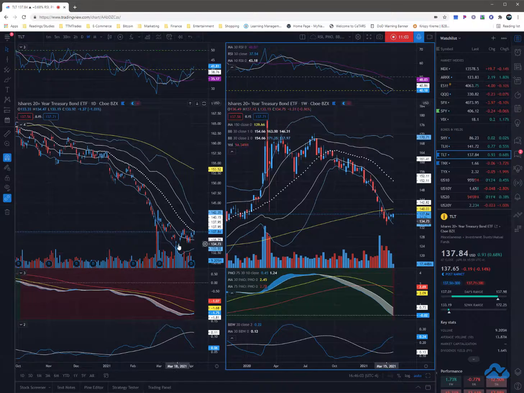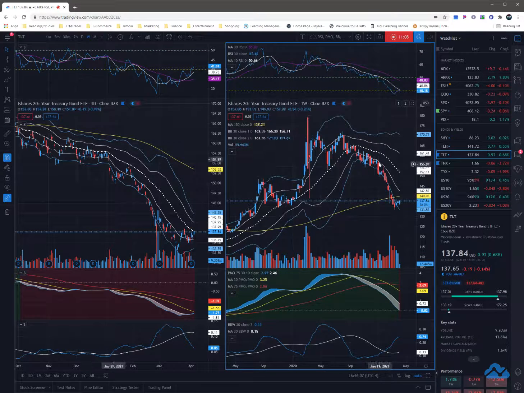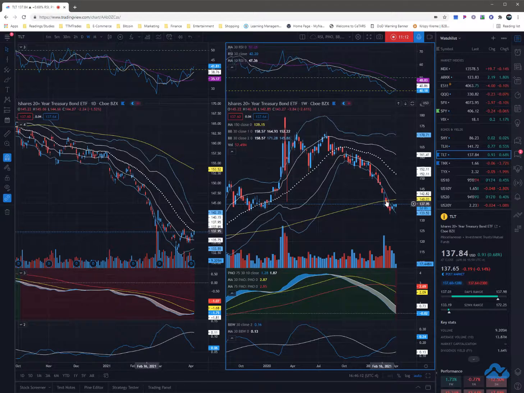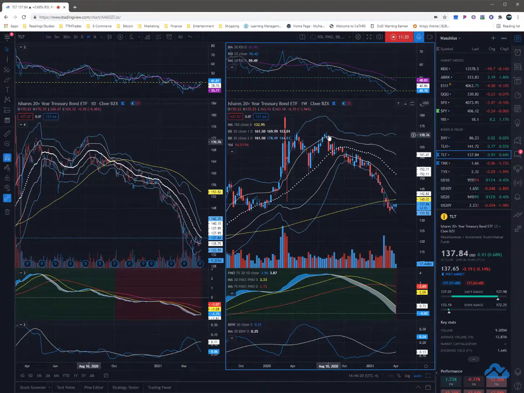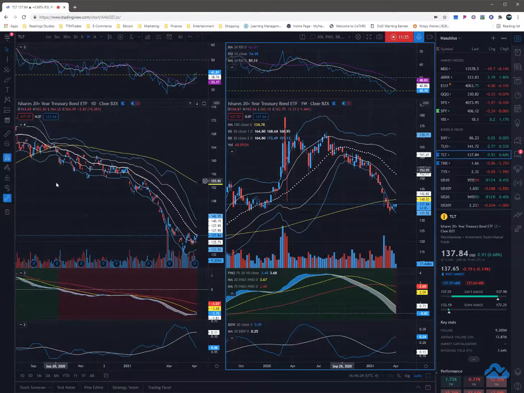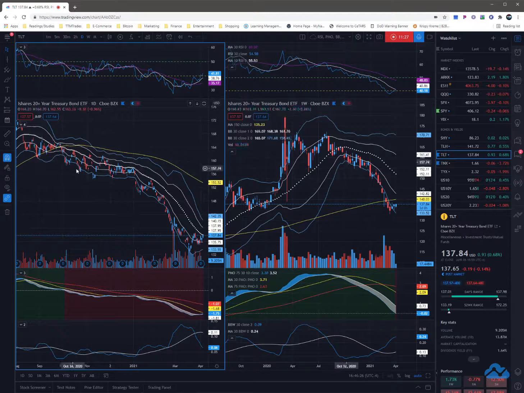But looking at the overall bigger picture, if bonds, which you see here on the weekly chart, on a week-to-week candlestick, have hit the 150 SMA, if we do consolidate right around this 150 SMA, which is what I'm watching for, and we start to see bonds on a day-to-day basis, as you can see here, which has been on this monstrous downtrend since July of 2020. It's been on this downtrend, and every time it tries to rally, it's getting rejected by that top one standard deviation, not allowing the